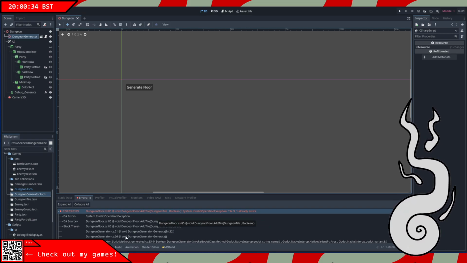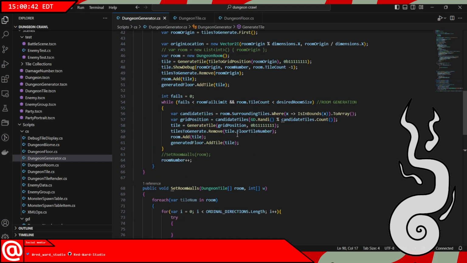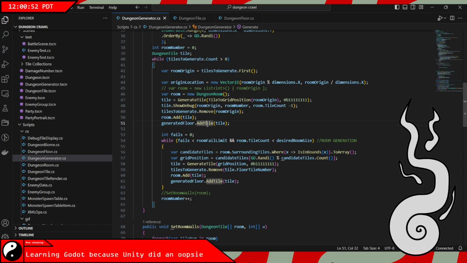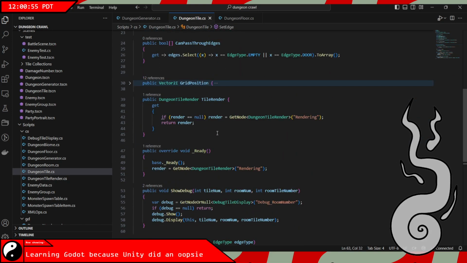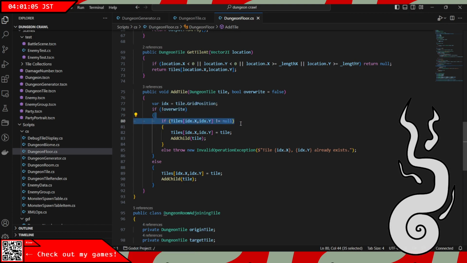Add floor, dungeon floor, add tiles, dungeon floor, see if this dungeon generates. Okay, so it's in generator. So we generate floor, add tile. So it's actually this that's being called on line 51. Room gets added to the tile and the add tile. So dungeon floor, if we add a tile there, idx equals tile.grid position. If not overwrite, which is correct. If tiles idx x or idx y is not null, then